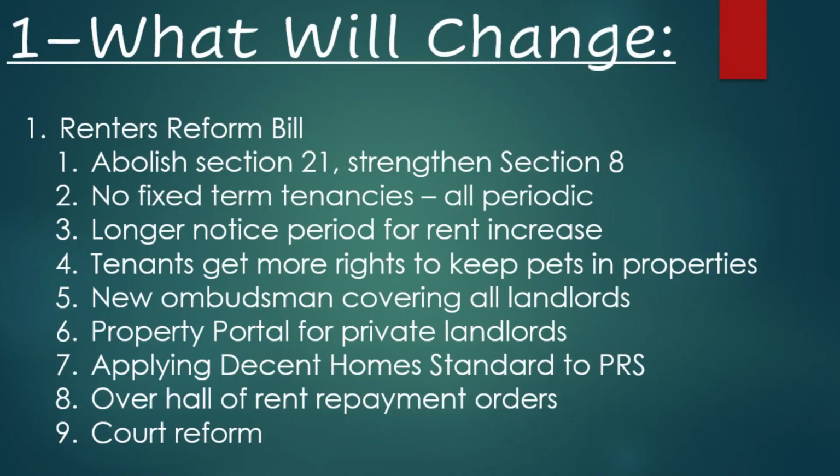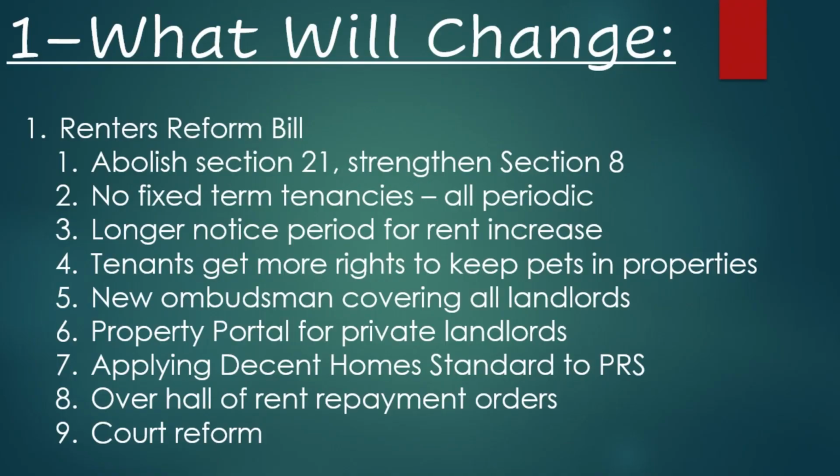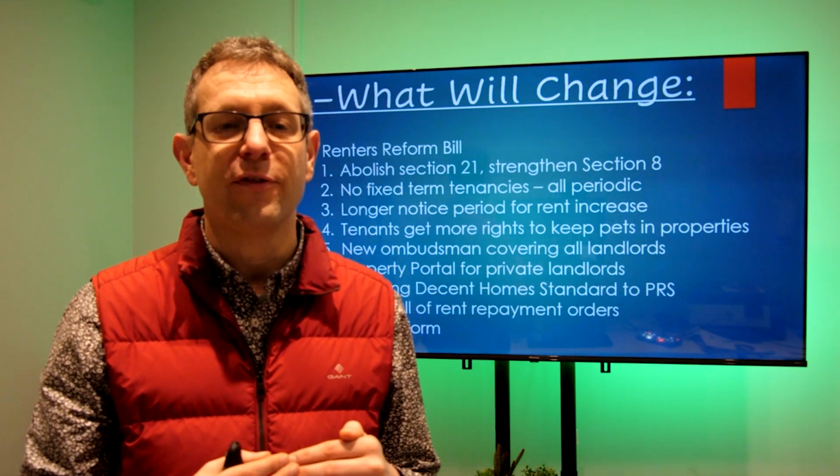Longer notice periods for rent increases will be coming in. Tenants have more rights to keep pets in their properties. You may have heard that in the press. There will be a new ombudsman with particular powers that cover all landlords, and I think the idea of that is it reduces the stress on some of the court processes that struggle to keep up with what's being asked